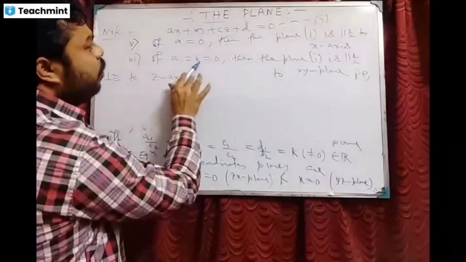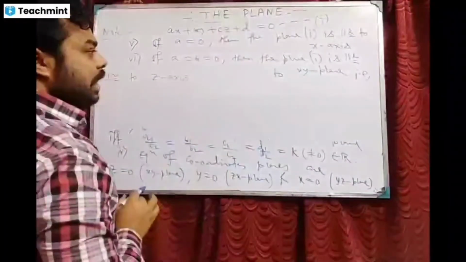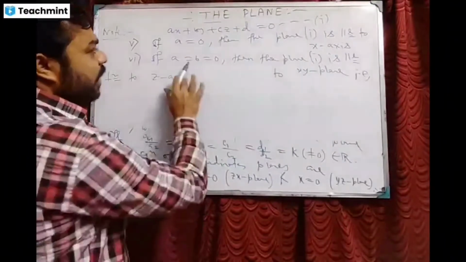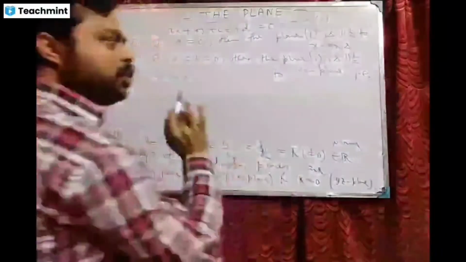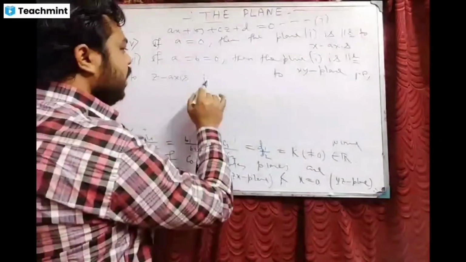If a equal to 0, b equal to 0, then we will get Cz plus D equals to 0. So if a is 0 and b is 0, then the plane is parallel to XY plane, that is perpendicular to Z axis